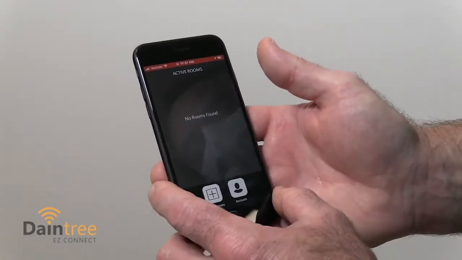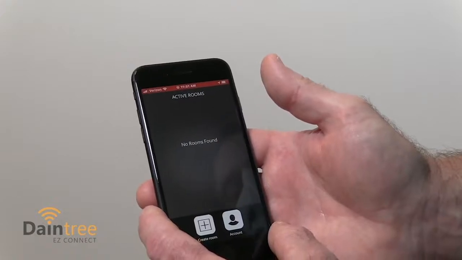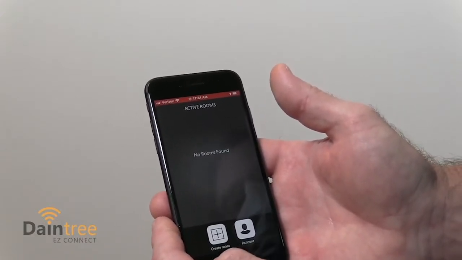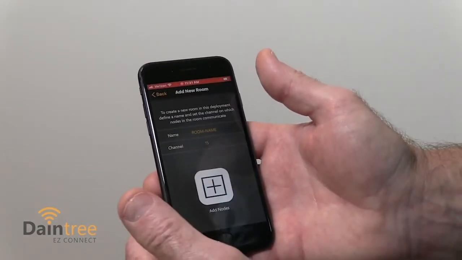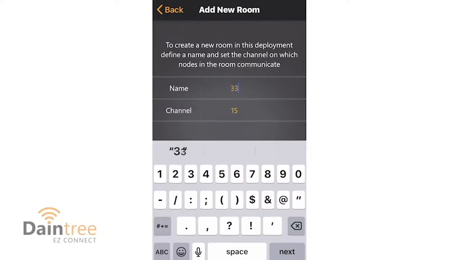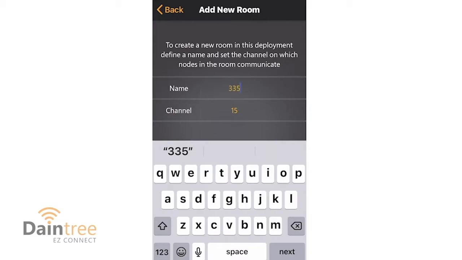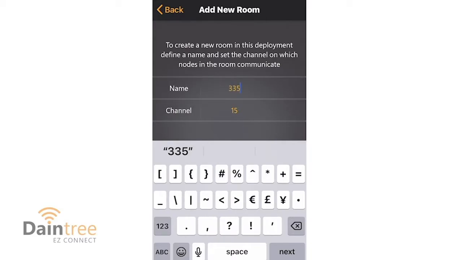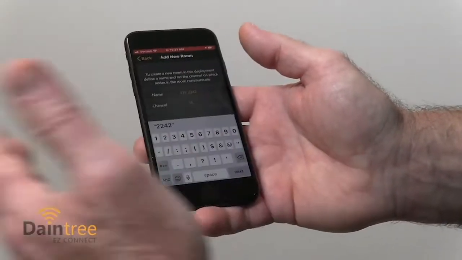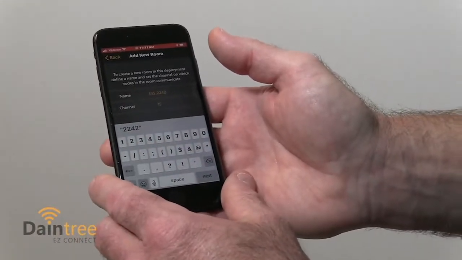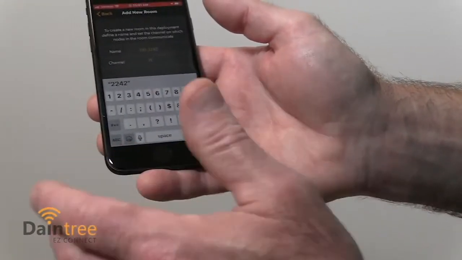And so right now we're not seeing any rooms at all. And we're going to go through the process of creating a room. So the first thing I do is I hit create room. So in the case of the room we're going to do today, I'm in a building called 335, and just to separate it I'm going to put an underscore, and the room number is 2242. So we'll just add that room,